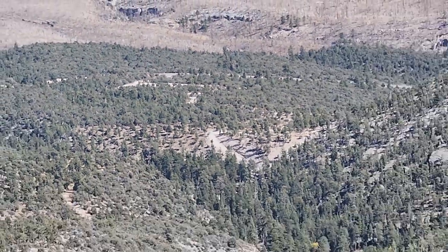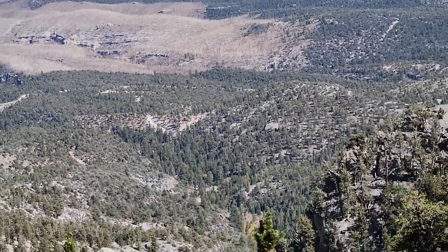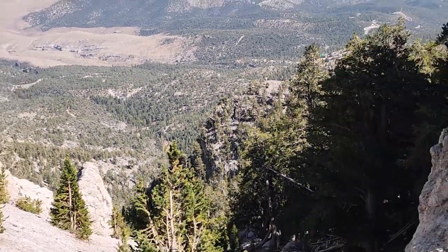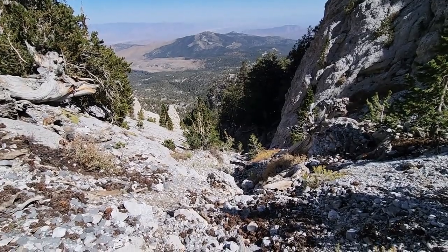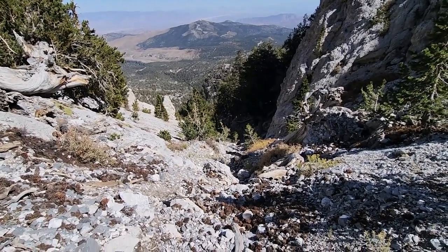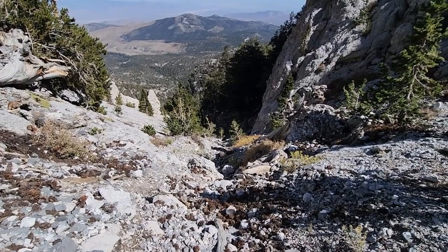So yeah, there are the landmarks. Hey, there's a bit of an echo here. Anyway, now the goal is to head back down this canyon